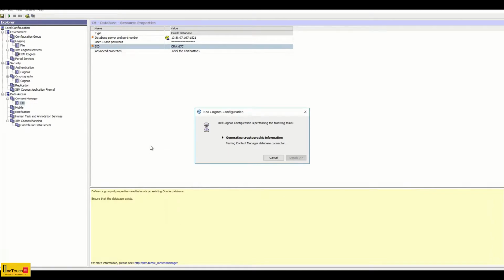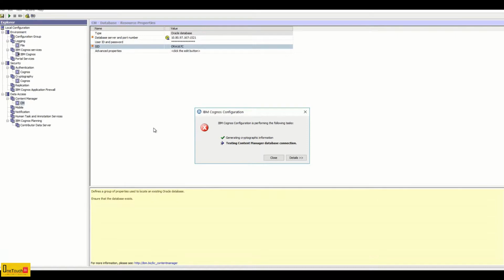Now you can right click and test the connection. I'm going to encounter an error over here. The reason is I copied all the jar files after I opened the Cognos configuration and initiated it. Since I did it in a reverse way, you got the error message.